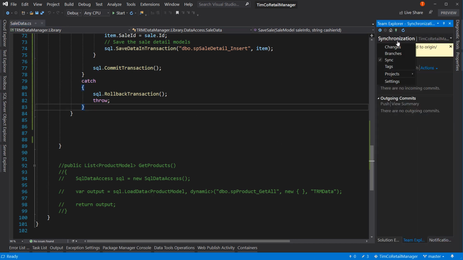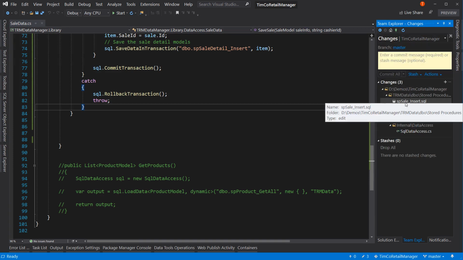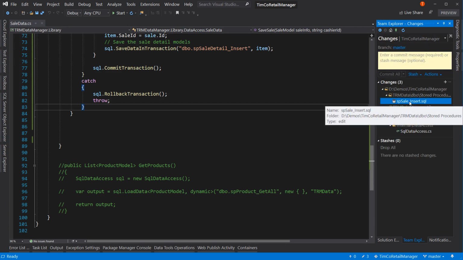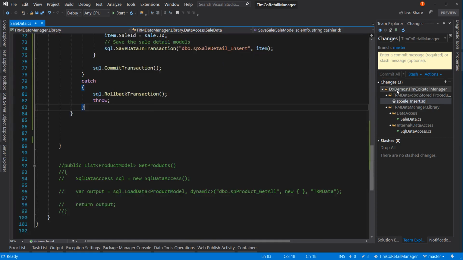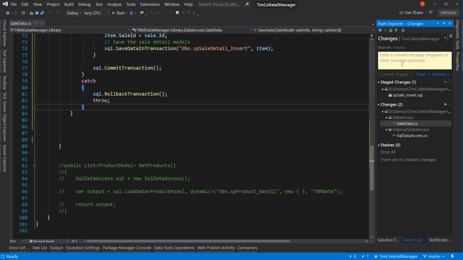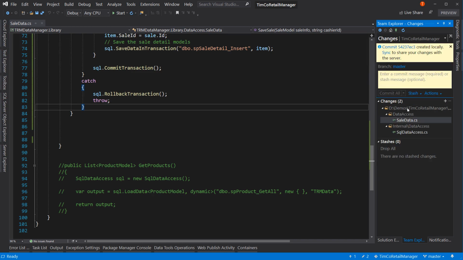And we can make a commit. This actually is a separate change. So this change right here, we changed to scope identity. Therefore, I'm going to make this a separate commit. So I'm going to stage just that. And I'm going to say fix identity lookup, used scope identity now. I'll commit that, and now I'll commit the rest of my changes